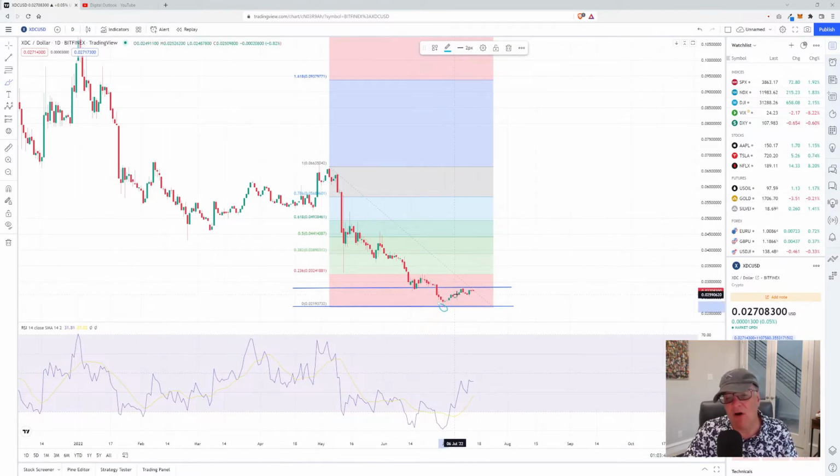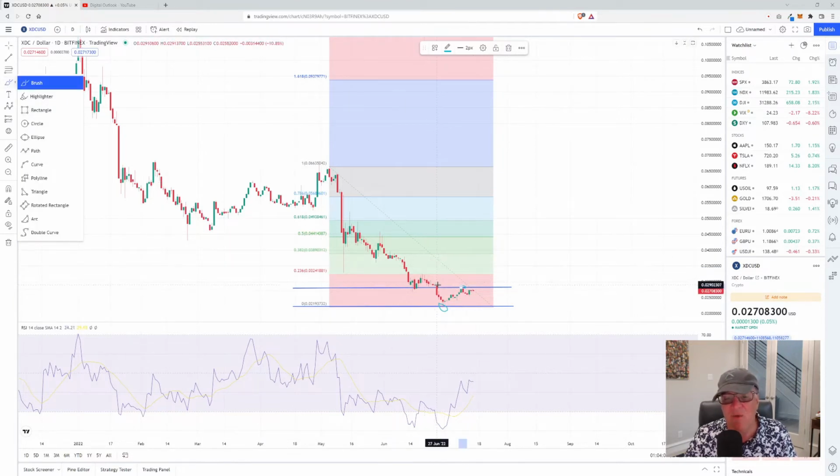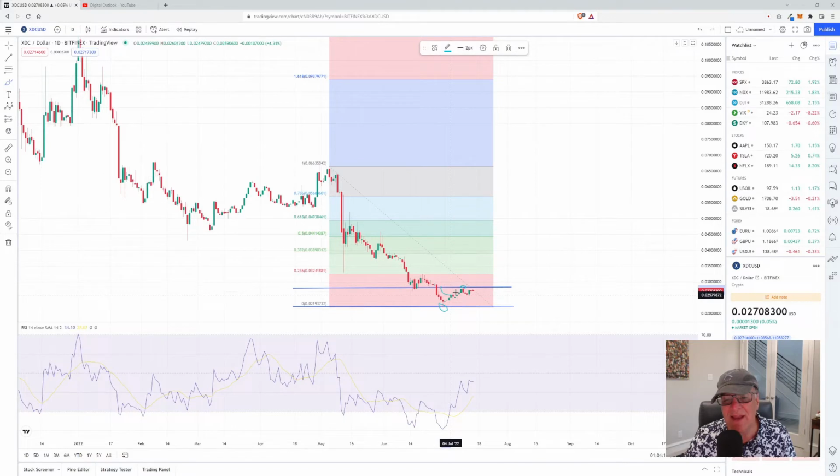Now, guys, what has happened since then? Well, we came all the way up here and we bounced over here and we got rejected at this level. That identifies our area of resistance, around that 2.84 cent range. And what happened is we popped down here, and now look, we've popped back up and we're making a bull flag in here. And guys, I want to show you something that I see in here.